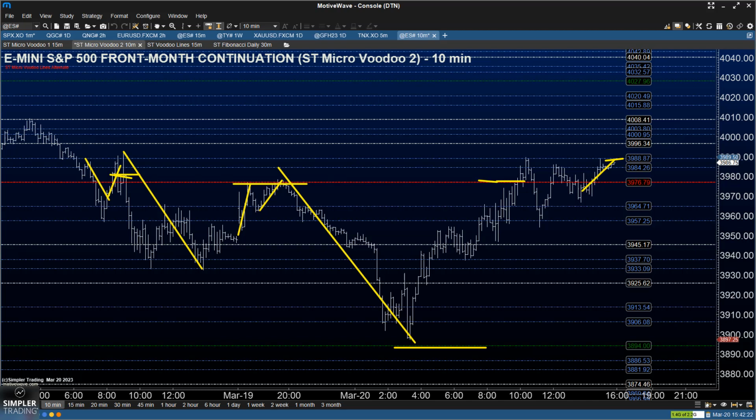And there's a benefit of the doubt to the upside so long as we stay above. This can change a whole lot more quickly than the regular voodoo lines level. So I'm not going to say this is going to hold. We could